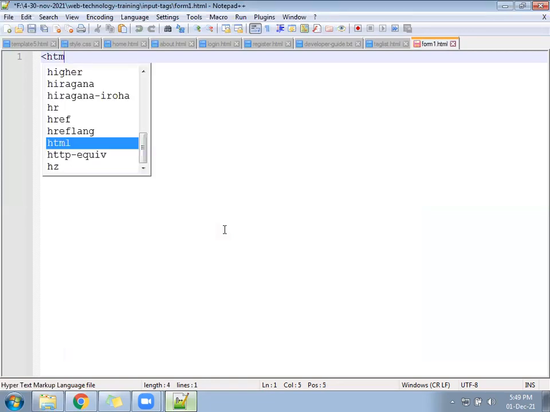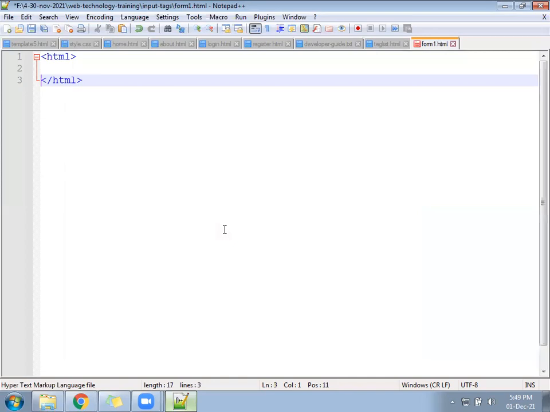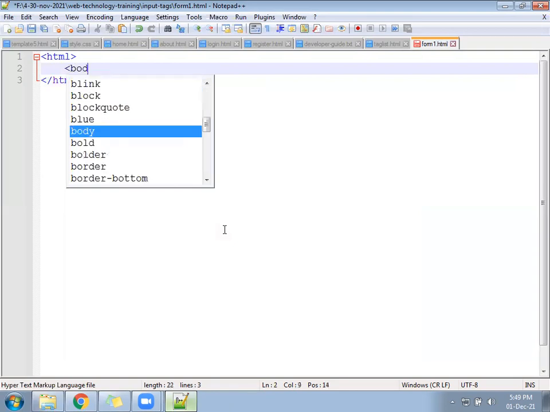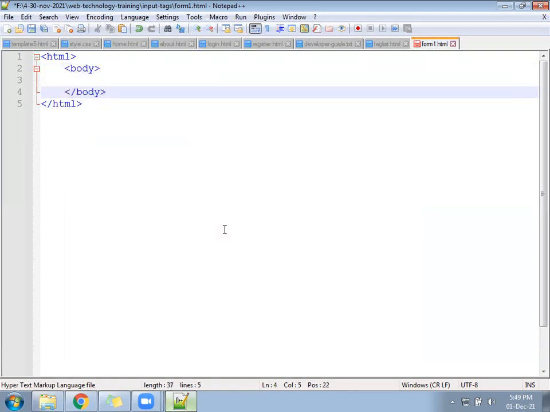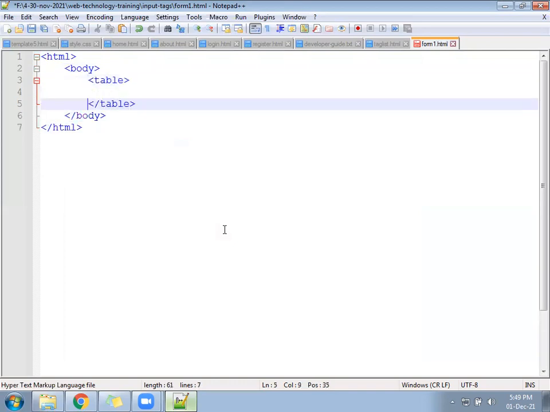Okay, let's go in that page. Start from HTML and follow the body tag. After that, inside, follow one table tag. We will be using the table for a few days till we are aware of CSS.